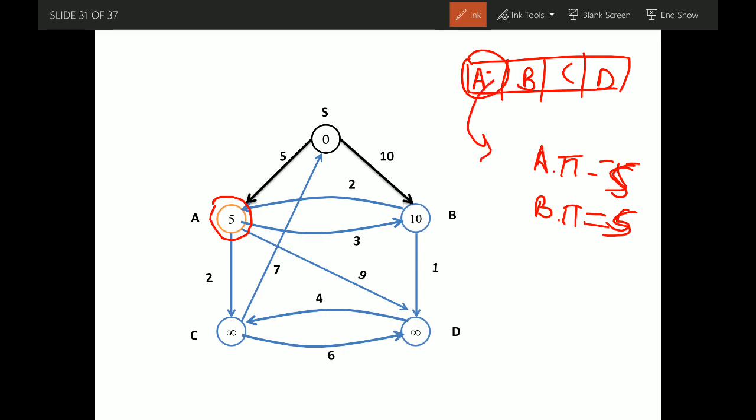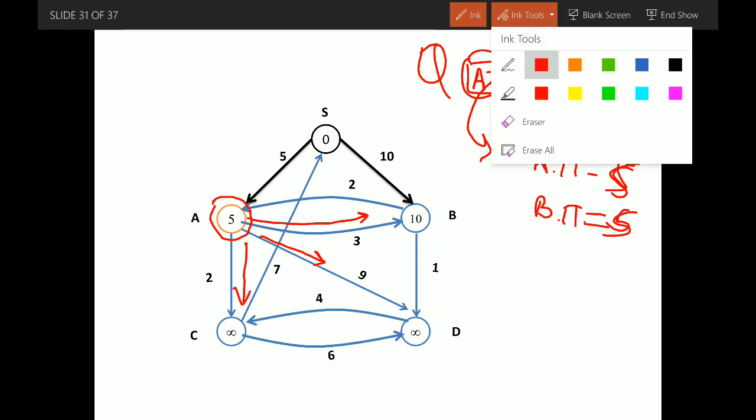So we will extract A from Q, and for all the adjacent nodes we update the edges, we relax the edges. So for A, all the adjacent nodes are, so this edge, that is C, this edge to B, and this 3. So these 3 edges will be relaxed for vertex A.